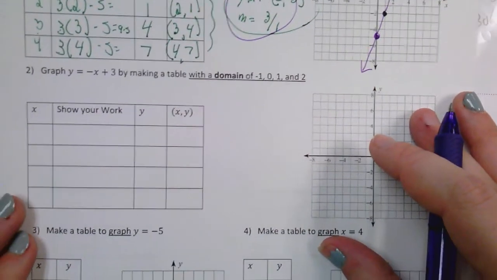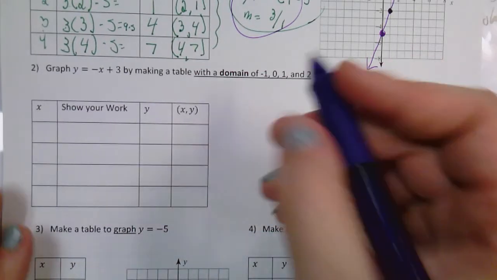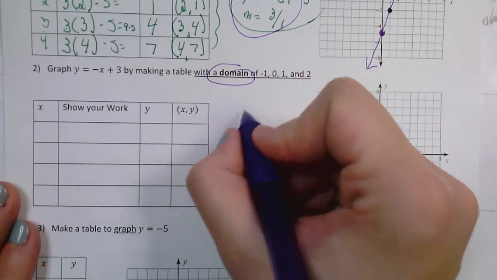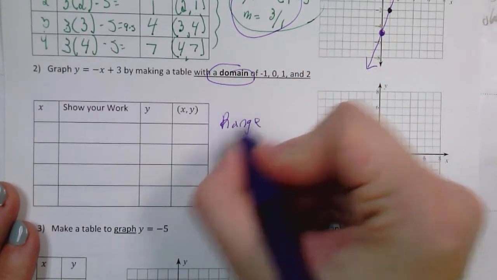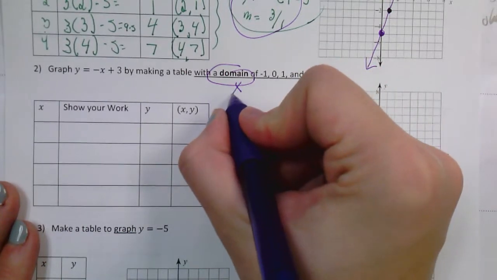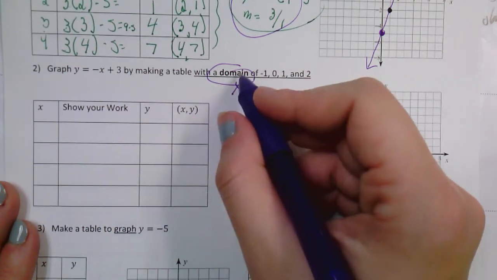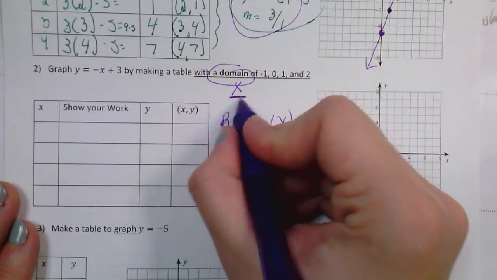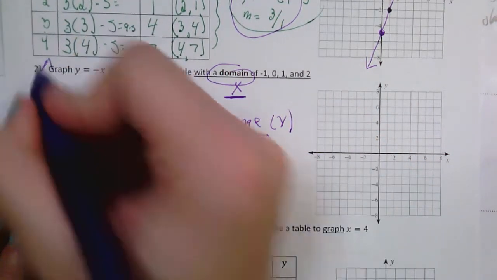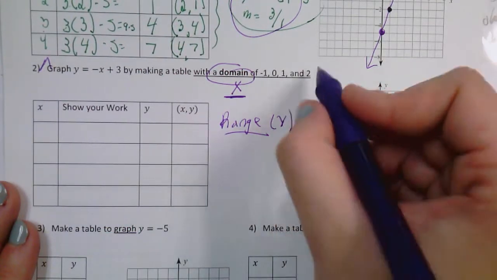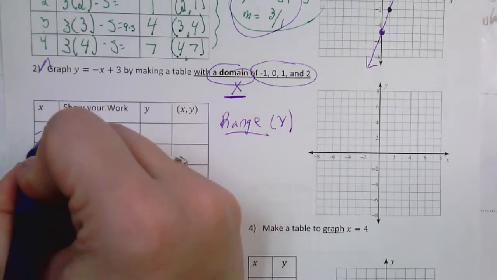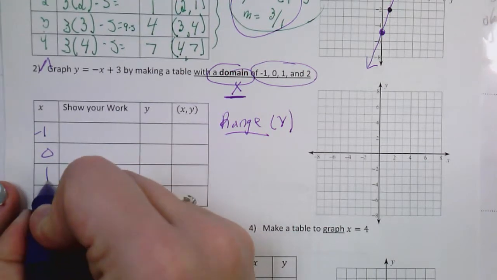Number 2, I won't go through it entirely, but I will remind you that there are 2 words, domain and range. Domain is always talking about your x's. Range is always talking about your y's. So since they're talking about domain, what they're basically saying is, hey, I'm giving you the x's. Instead of you picking out some like we did up here, I'm actually giving them to you. I'm taking away the option of choice and just saying, here are the numbers I want you to